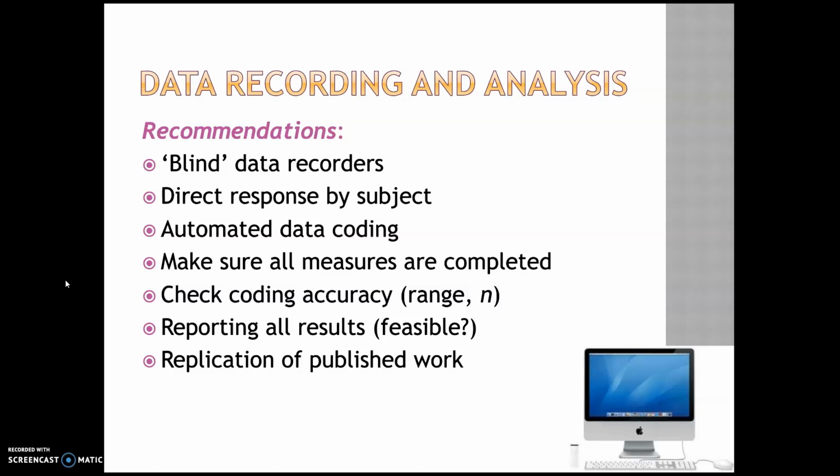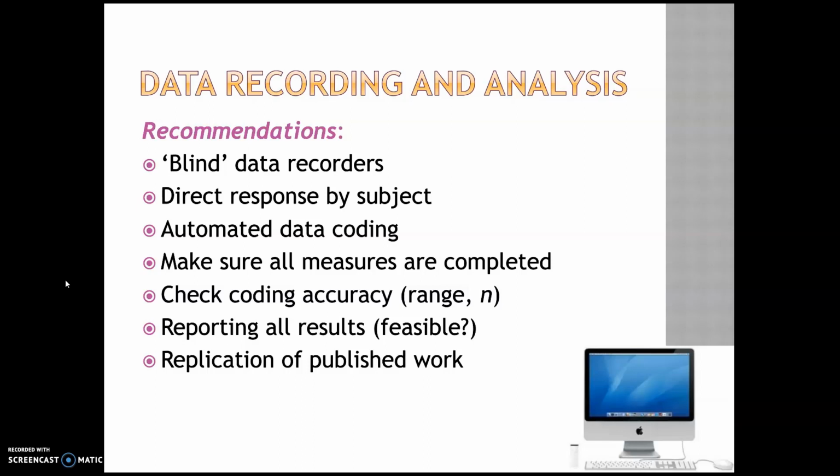A good way to go around this issue of 1% is you can have people respond directly, direct response by the subject, right? So like I said, online surveys are brilliant because they're not telling you anything that you have to record. They are recording their responses directly. So it cuts out the middleman and reduces the chance of error. It doesn't make it go away because obviously they can make an error when they're recording their own response, but it reduces it dramatically. You can always go back and make sure, of course, that all the questions are answered correctly.